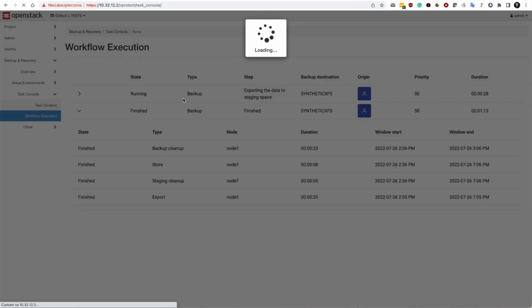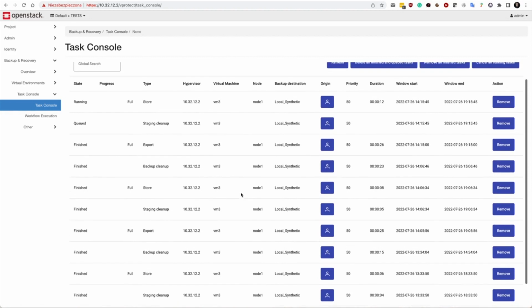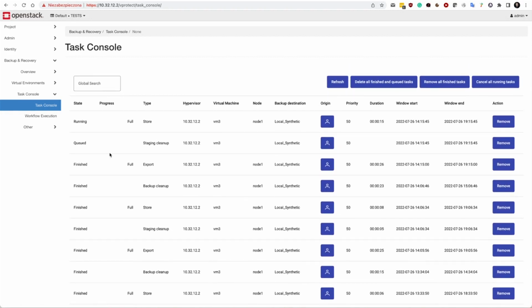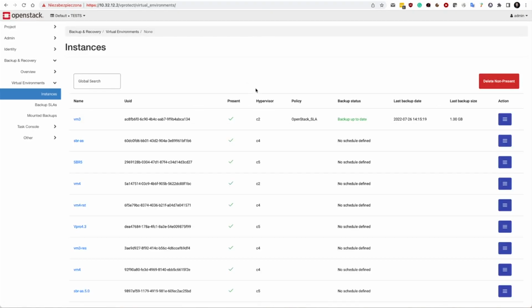If I would like to have a more global perspective of all of the tasks that are visible, then you can switch to the task console here on the left, and you will see all of these being shown to you. This task view also is limited to the currently selected project, so you can actually give it to the end users without the need to worry about security. Now, in the virtual environments, let's go back to our instances view, and while the backup is still running,